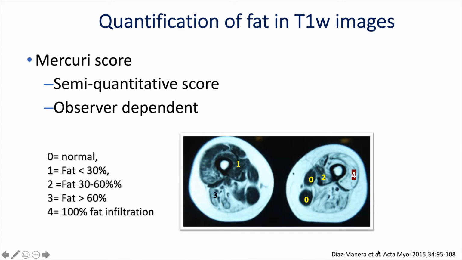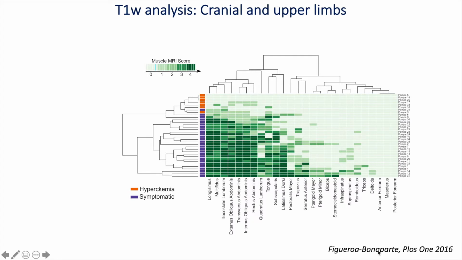1 is when fat replaces less than 30% of the muscle. 2 is when fat replaces between 30 and 60% of the muscle. 3 is when it's more than 60%, and 4 is when there is a complete replacement of the muscle by fat. And what we did is we analyzed all muscles of the body in patients with Pompe, and we generated